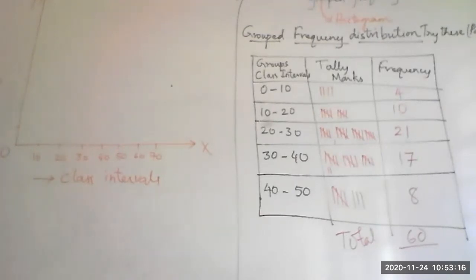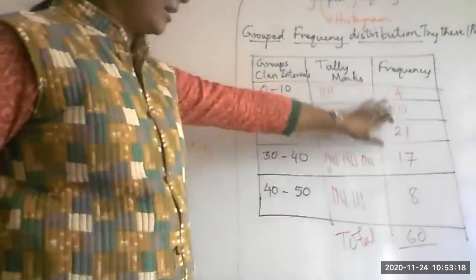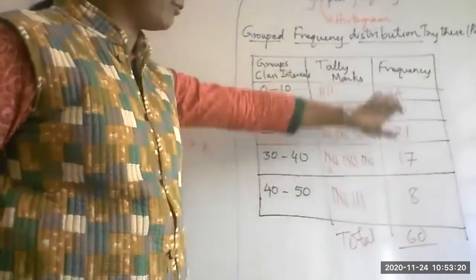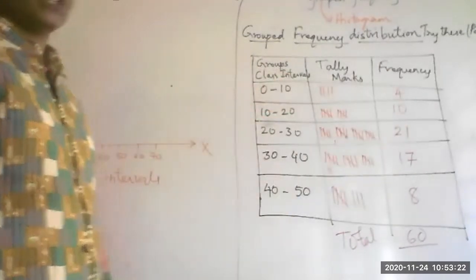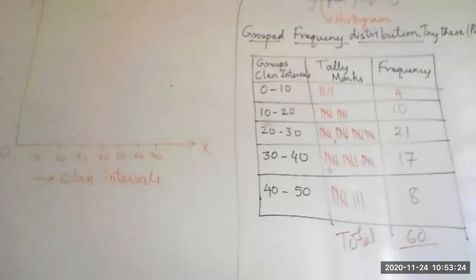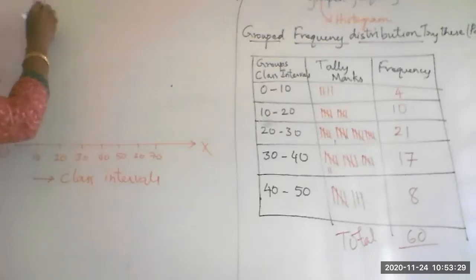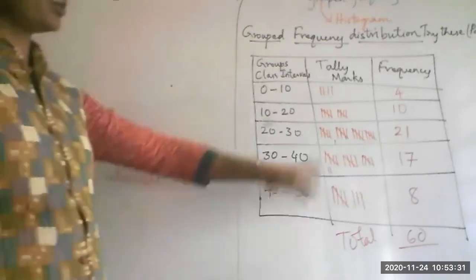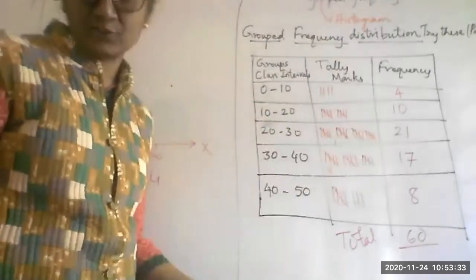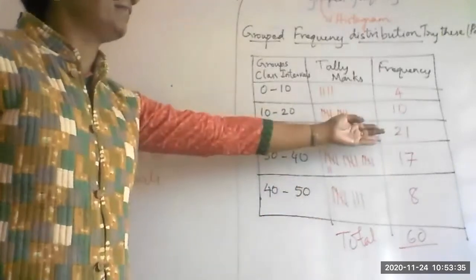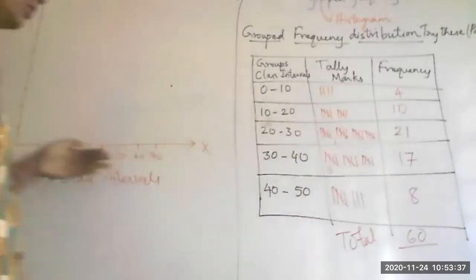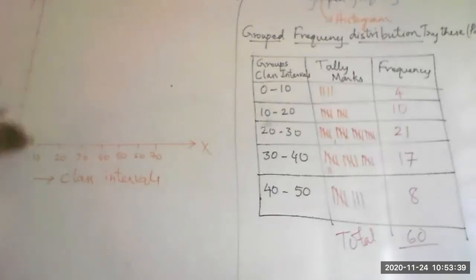So here you have to fix the scale because you are seeing it is somewhere between 4 and 21. So what is the best scale that you can take? Think and tell me where you will be able to clearly mark. Can you take it as 1, 2, 3, 4 and mark it till 21? That is also good because the maximum is 21. Maybe you have to make a very long graph there because 20 squares you have to mark.